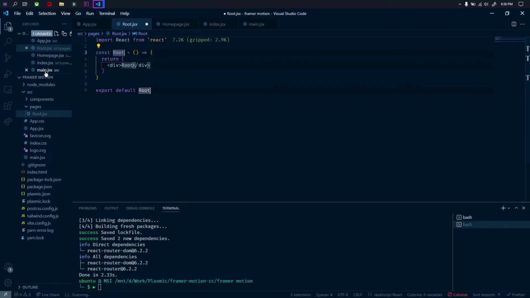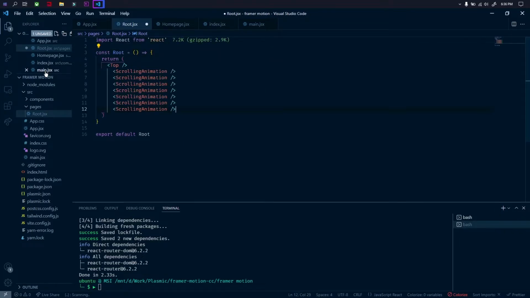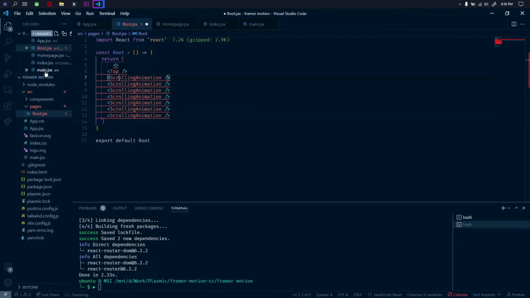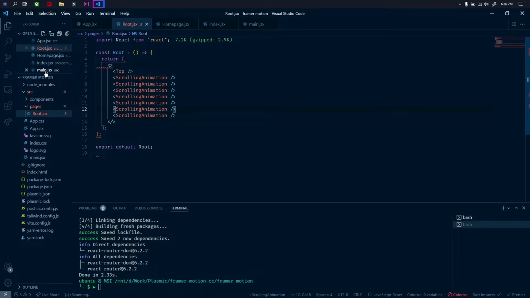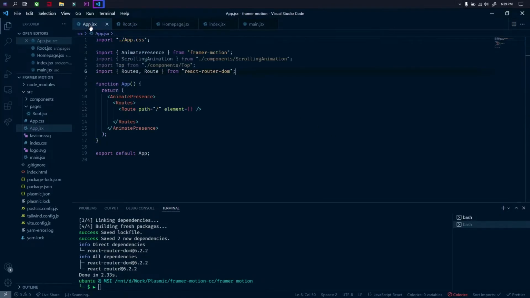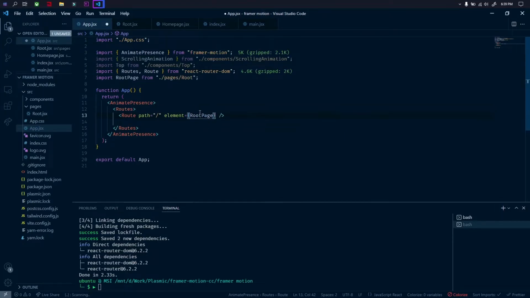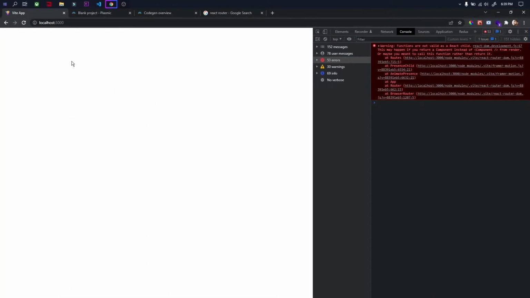and we will use the same element over here. So let's wrap this component inside a fragment, and let's rename it to RootPage. Let's import the RootPage inside the app routes. So the root path should actually render the RootPage, and if you go back to our application, then it